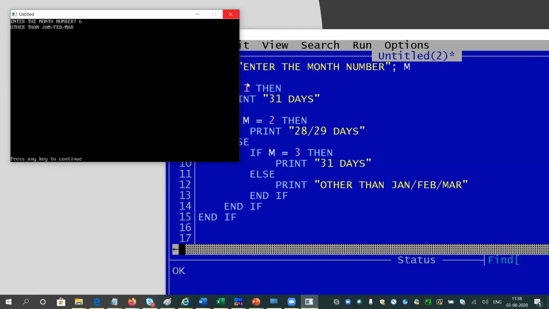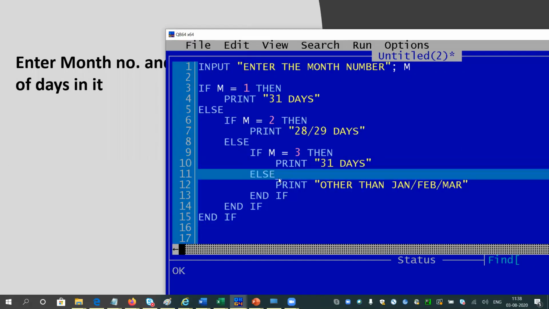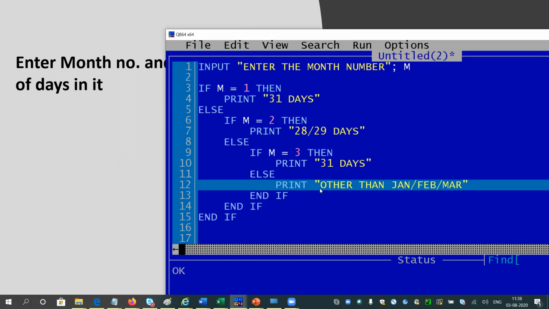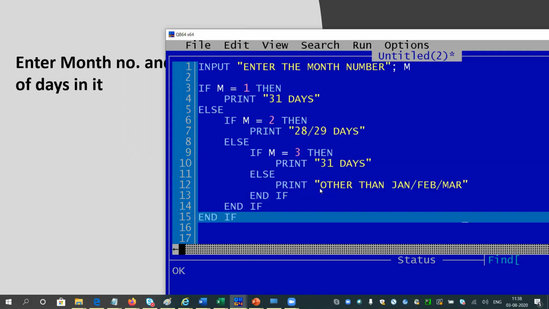Okay, so you can complete a ladder of if else like this. It is called an if else ladder. You can write the code for that, and at last you can write invalid month. If anyone gives any value other than 1 to 12, it will print invalid month. Okay, so I think you will be able to do it now because it will take much time to write this program. I will show you later how to write this code in a more efficient manner. But this is the if else ladder. I think the idea is clear.